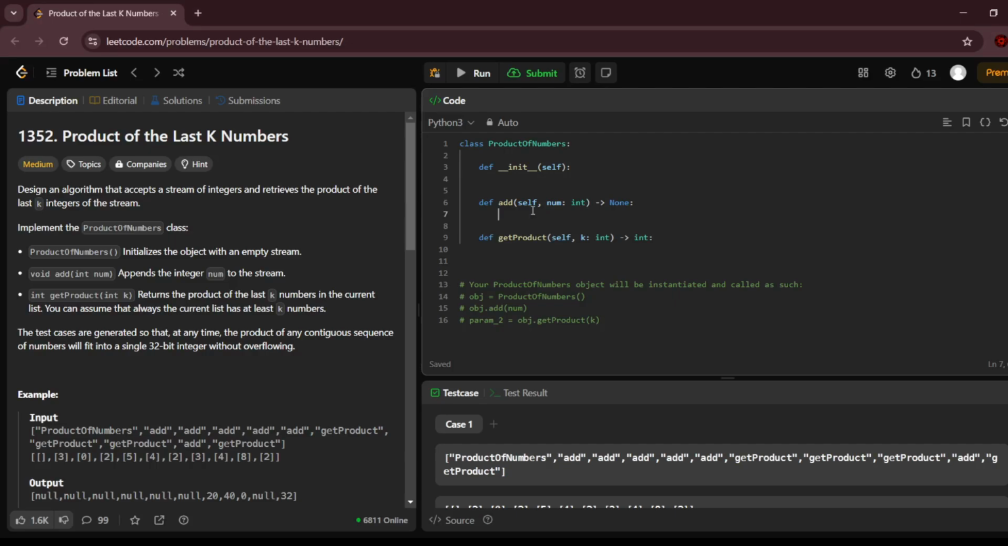Alright, today we are solving the problem 1352, product of the last k numbers, and you have to design an algorithm that accepts a stream of integers and retrieves the product of the last k integers of the stream. So if you read this problem,